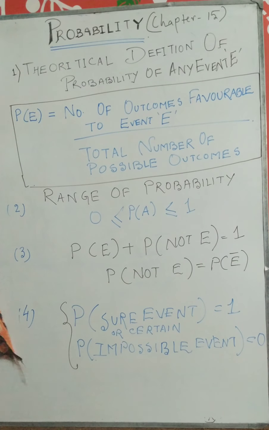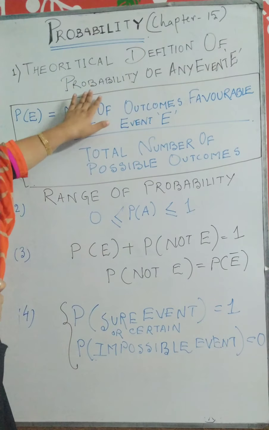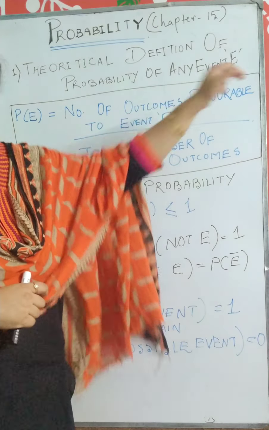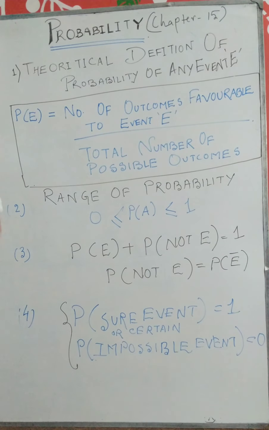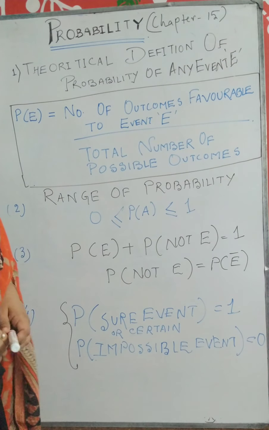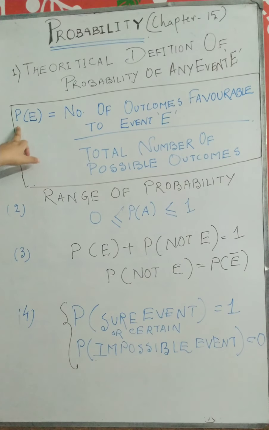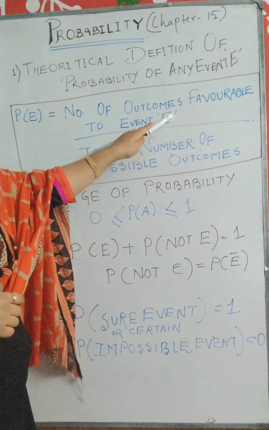And as you can see, I have written on the board the theoretical definition of probability of any event E. So the formula you have used earlier, and today also we are going to continue with the same formula, that is P of E. The notation tells us probability of E